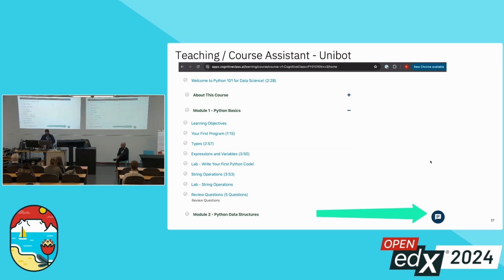So here is a course called Python for Data Science. And at the bottom, you'll see the typical chatbot icon. And again, this is configurable. You can put your own icon, etc. And when you click on that,